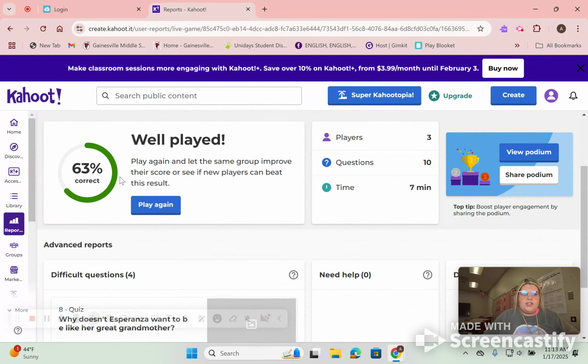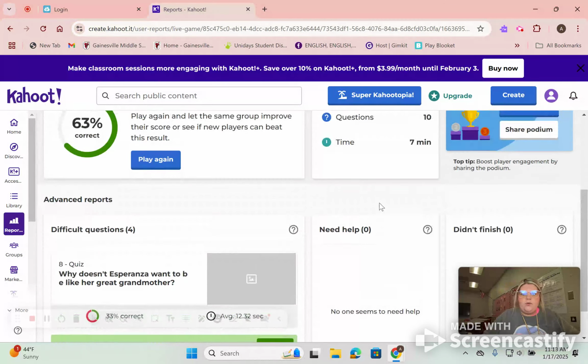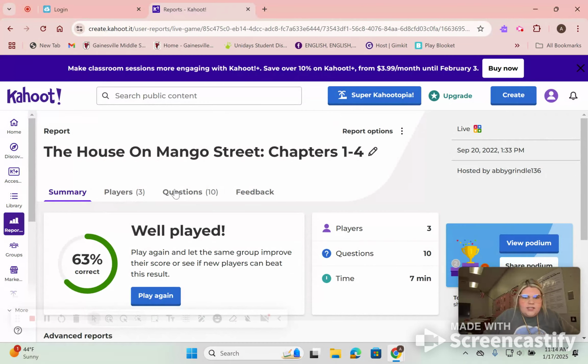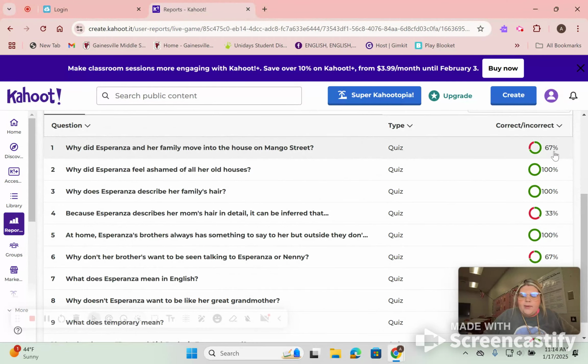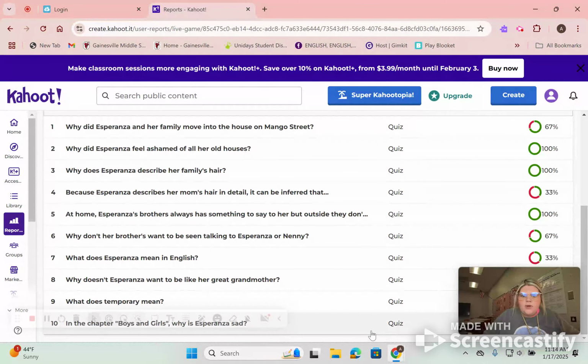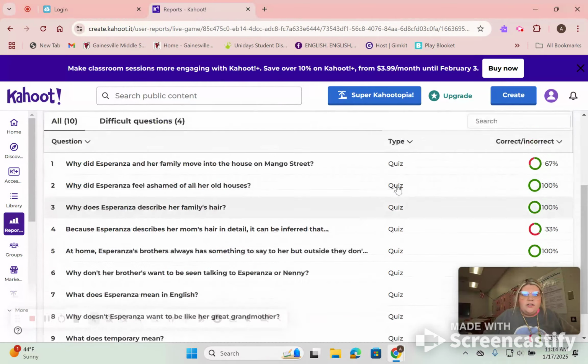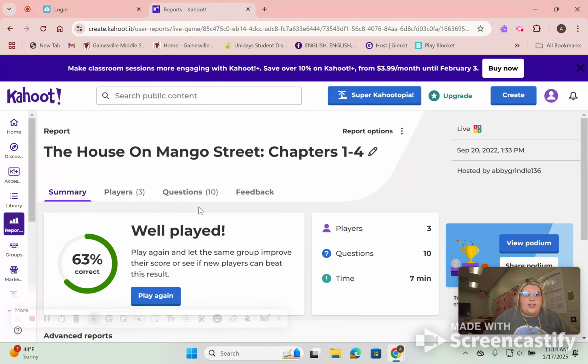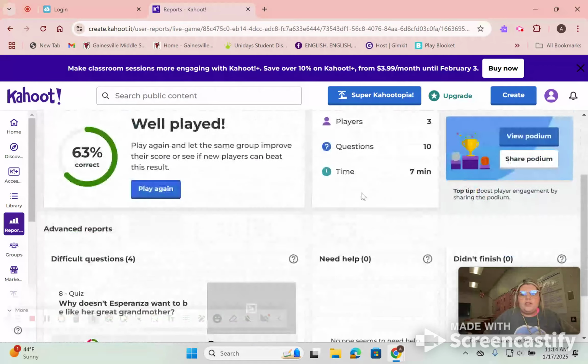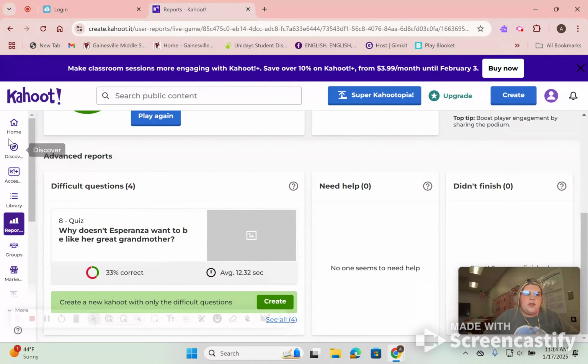So my students got 63% correct. And then it breaks it down for you. If you click questions, it tells you what percentage of students got them right and wrong. So you just know where you need to focus. And this is a good tool in itself, just so you have this data that you can go back to whenever you give these formative assessments,